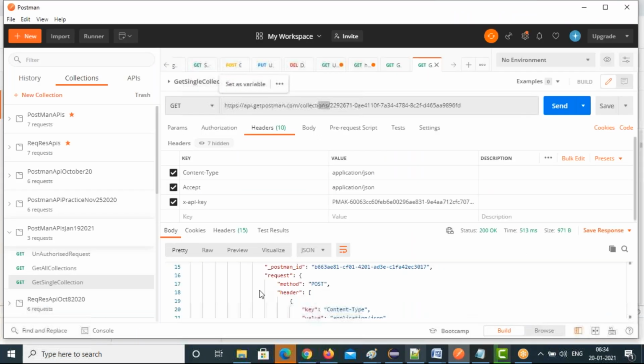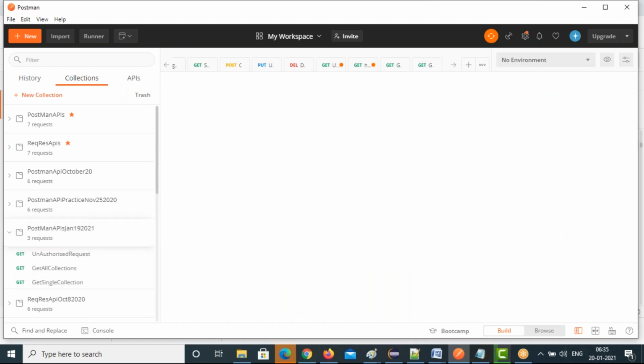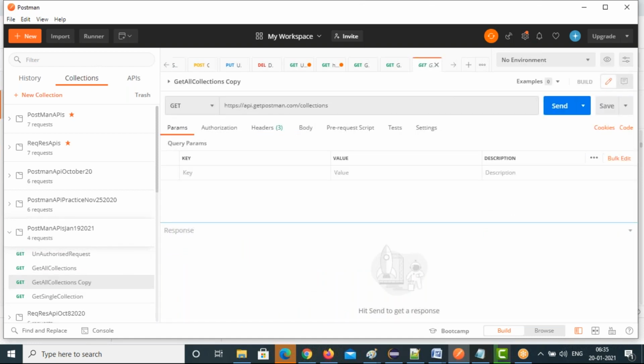First, let's duplicate this one. I'll give a name as create collection. If you duplicate, there are advantages, right? You will get headers. If any parameters are there, you will get everything.